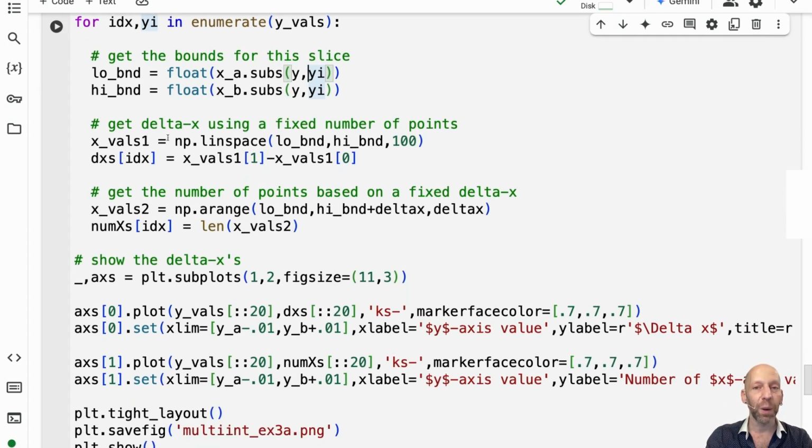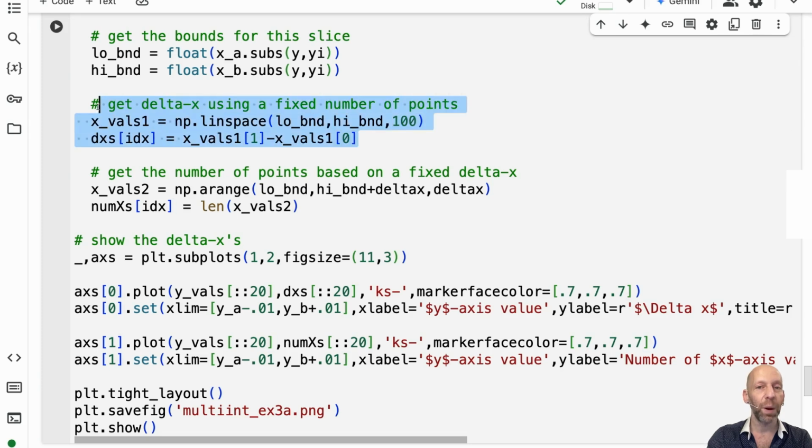And now here what I'm doing is getting 100 linearly spaced points between the lower bound for x and the upper bound for x for this particular slice of y. And then I'm empirically calculating the delta x for this slice on the y-axis, assuming 100 values of x. So this is the first part of the exercise that's going to create the left side panel, panel A